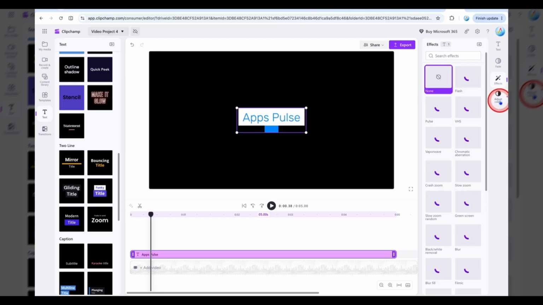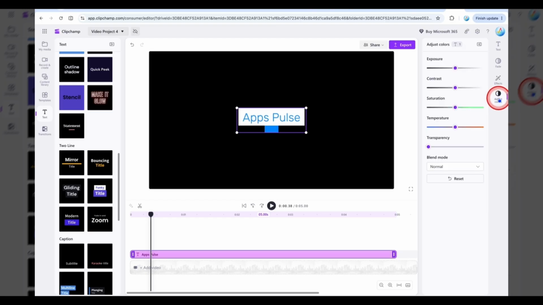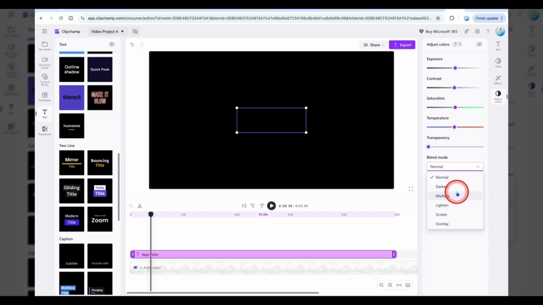What about the adjust colors? The exposure here, the contrast, just toggle it if you want to change it. Exposure, temperature, and transparency. When you toggle it to the right, the letters will disappear. Okay, it's the transparency. And the blend mode, normal, you can click to look for other choices: darken, multiply, lighten,